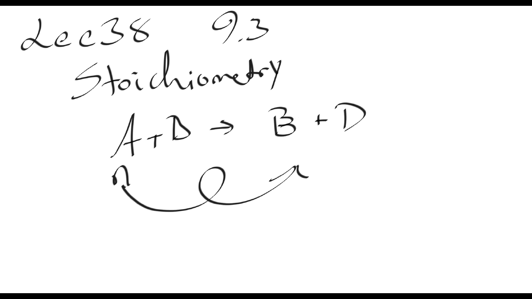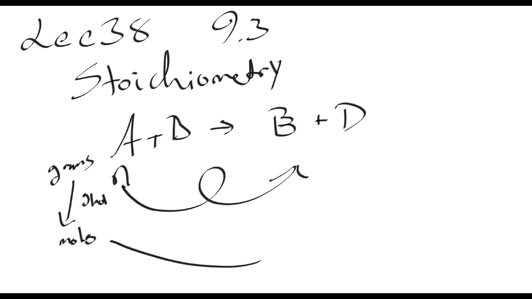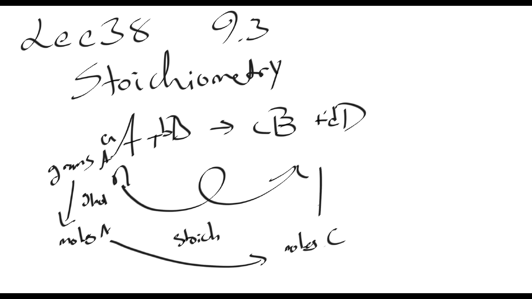And you may remember that you have to be able to go from grams to moles via the molar mass, and then from moles of one to moles of the other using the stoichiometric factor. That's the coefficients. And then so moles of A, grams of A, moles of C, and then back up